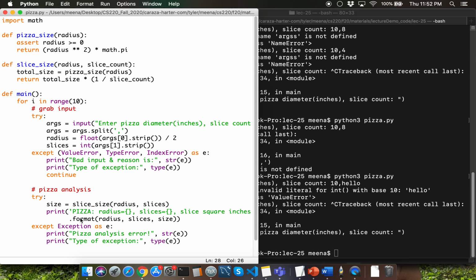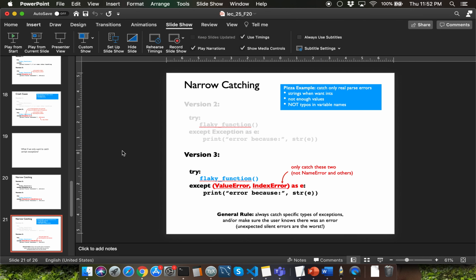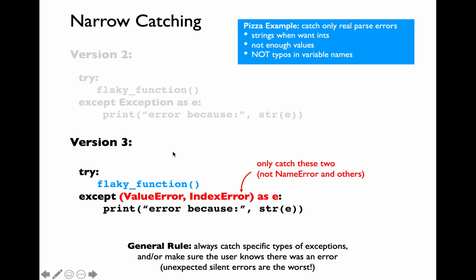So this is so much better than having a blanket exception to capture all the errors that occur in your program. Why is that the case? Because you want to avoid capturing certain kinds of exceptions which really need your immediate attention. I'm going to give you a general rule of thumb over here. Follow either of these things. Either make sure that you're always catching specific exceptions instead of a general exception, or make sure that you have a print function call inside your except block to display a meaningful error message to the user.